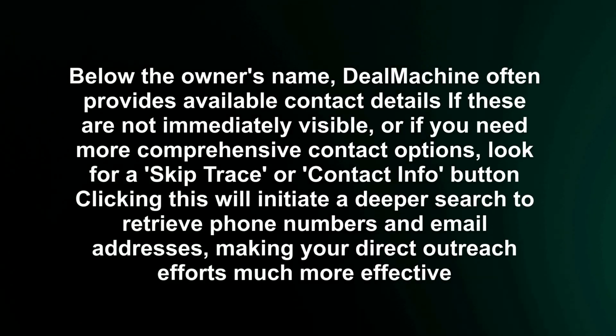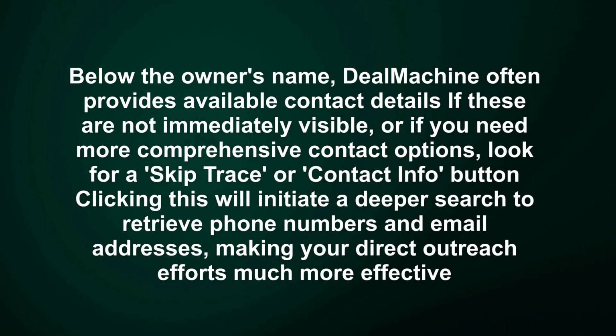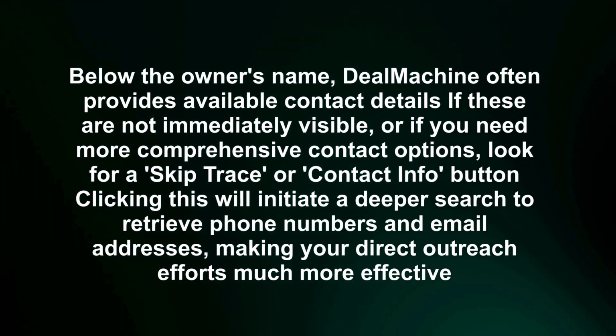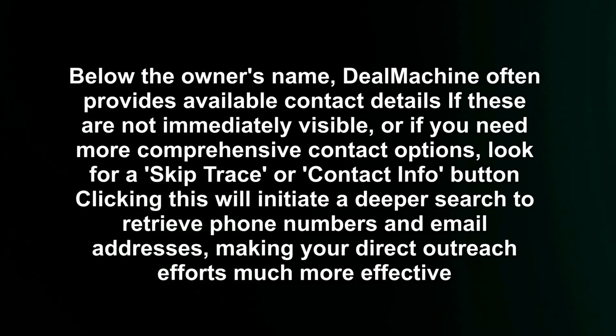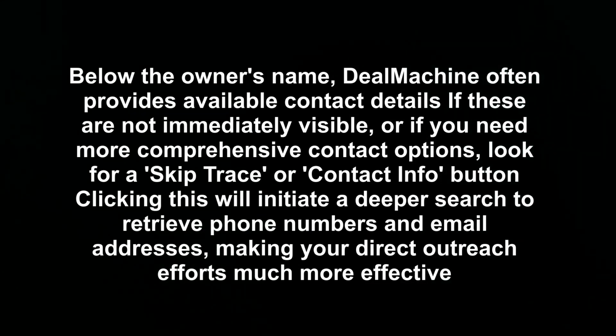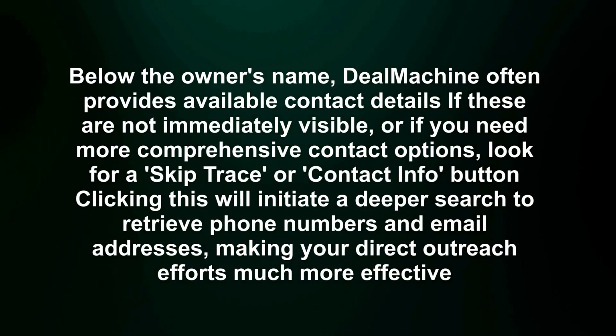Below the owner's name, Dealmachine often provides available contact details if these are not immediately visible, or if you need more comprehensive contact options. Look for a skip trace or contact info button. Clicking this will initiate a deeper search to retrieve phone numbers and email addresses, making your direct outreach efforts much